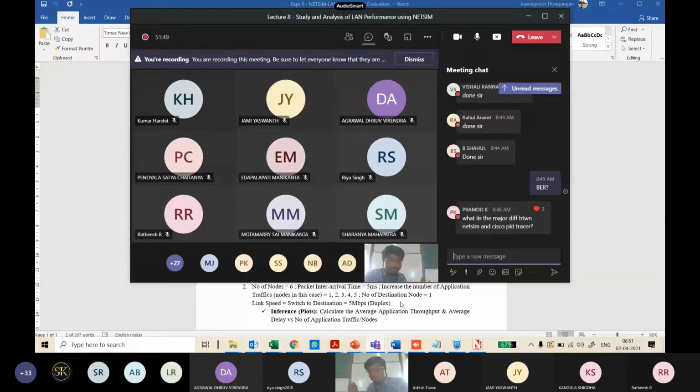So as these nodes generate more traffic on the LAN, the switch has to deal with multiple traffic flows coming in. I hope you remember the star topology we did in NS2. We had multiple traffic flows. The switch basically has to switch the data coming from the multiple traffic flows. It has to buffer, right? There will be some switching latency involved, and it has to send it through the bottleneck link, because all are trying to reach out to the server.